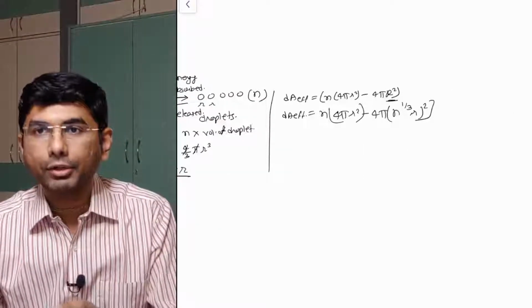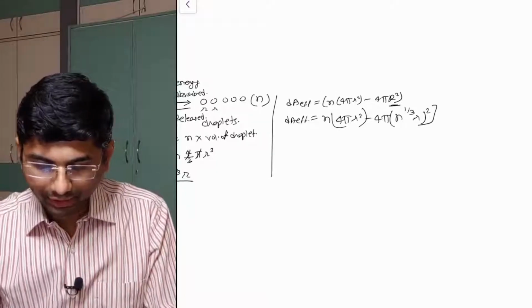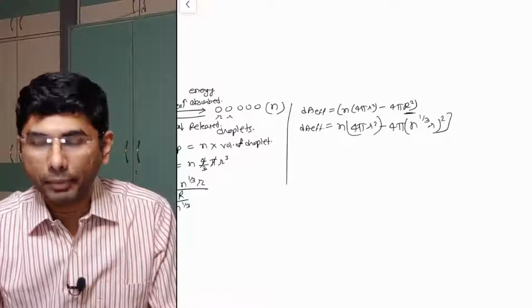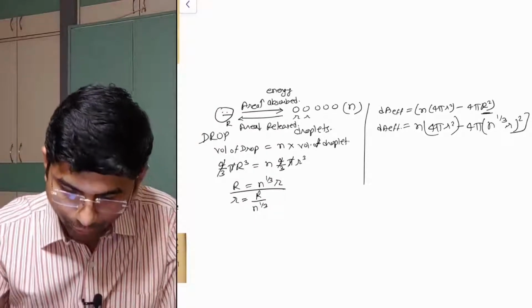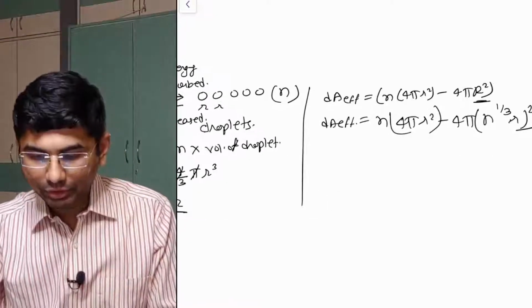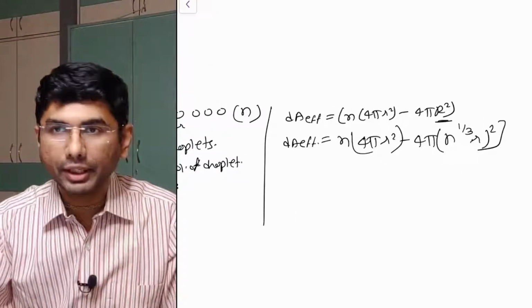Okay, I just realized that it was not visible to all of you what I was writing there. Now what I was doing here, I have just replaced this capital R with r is equal to n cube root of n into r. That is being replaced here. Now I need to just solve it to get effective change in area.